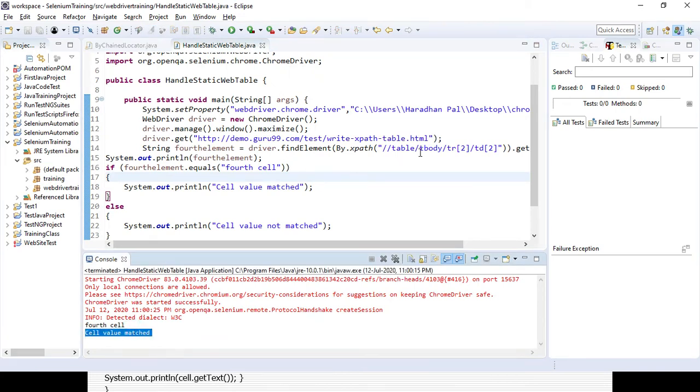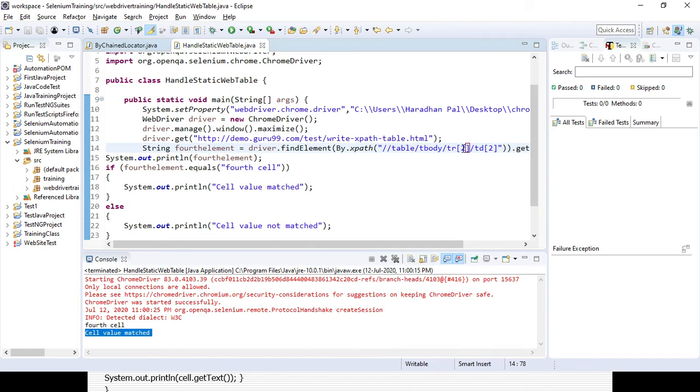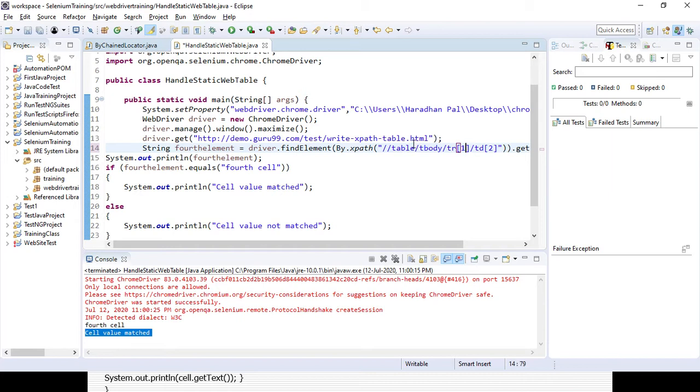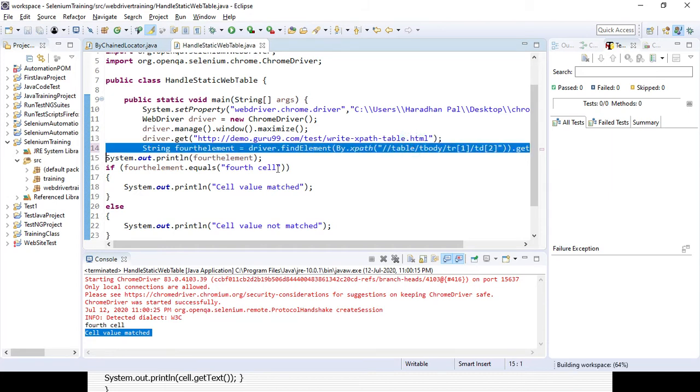Now if you change it to table 1 and row 1, so what will happen? tr 1 and td 2, so it will be the second cell, right? It should not match, because the expected value is the fourth cell and this will be the second cell. So it will not match, it will fail.